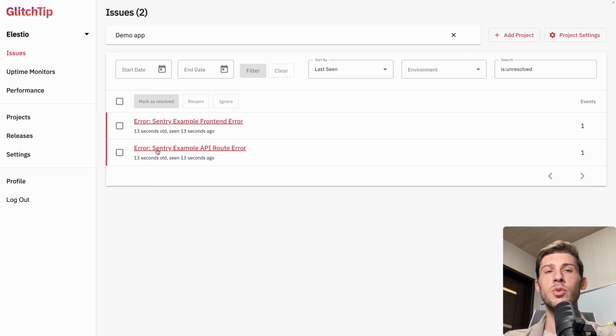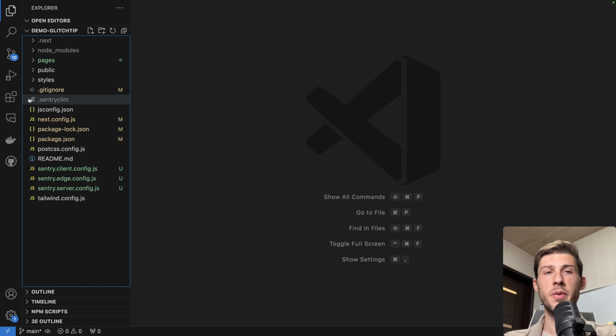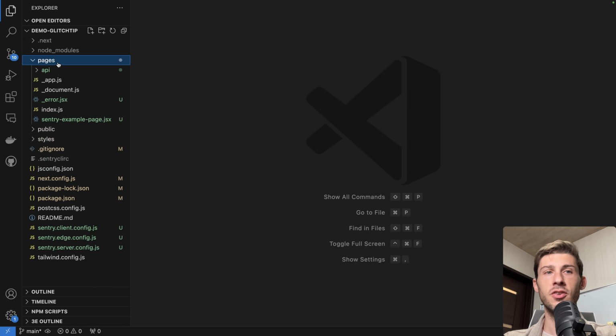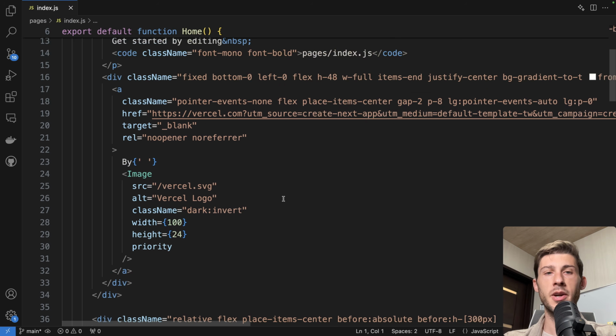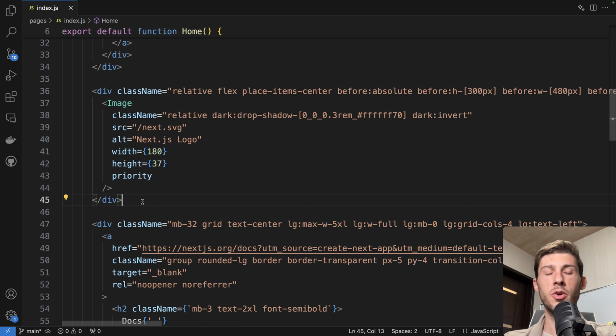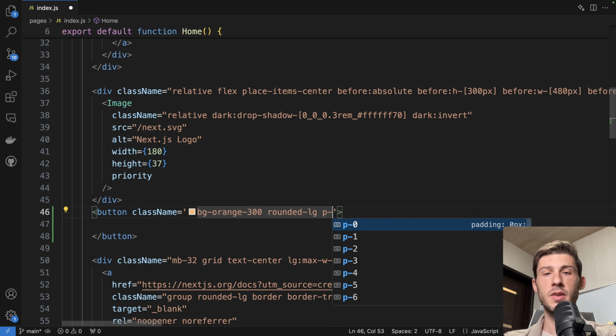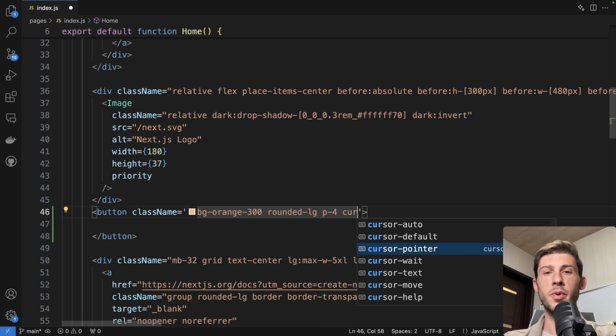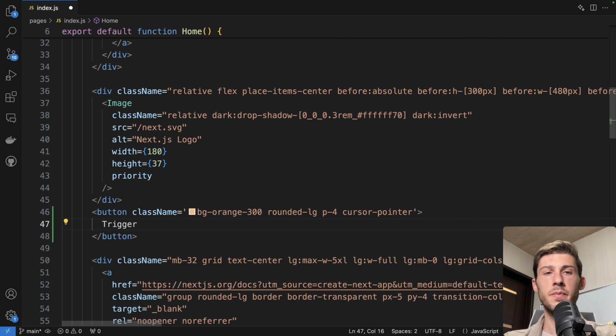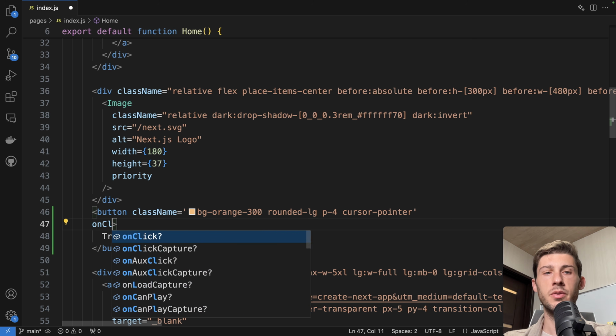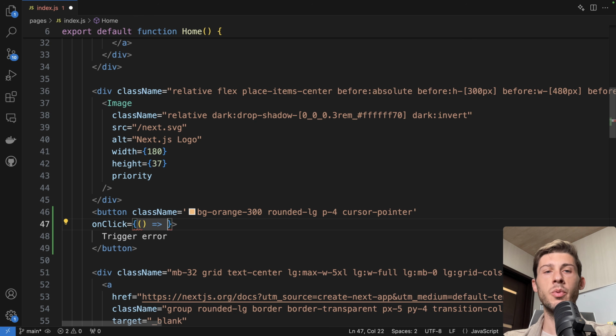Now let's try to do another error which is not the test one. We can go inside the code of the project, pages, index.js, find the logo. We'll go just below the logo and we'll create a button. Let's make it orange, rounded. Let's add some padding, make a pointer and trigger error. What we will do is a simple error, which will be on click. We will call a method that doesn't exist,